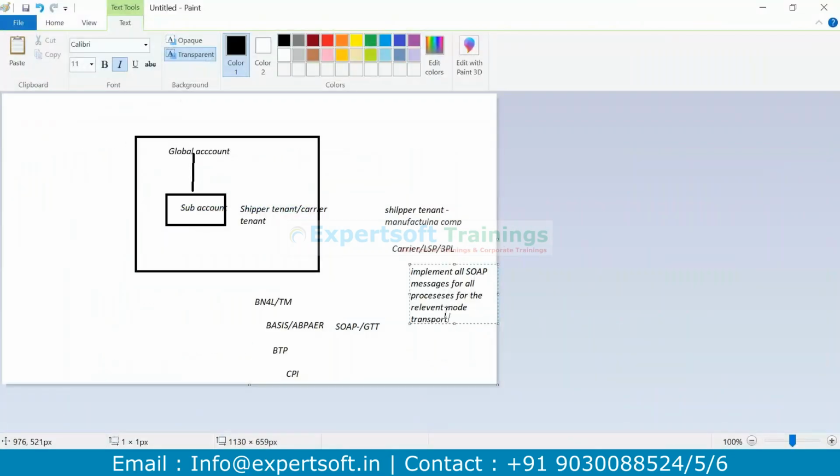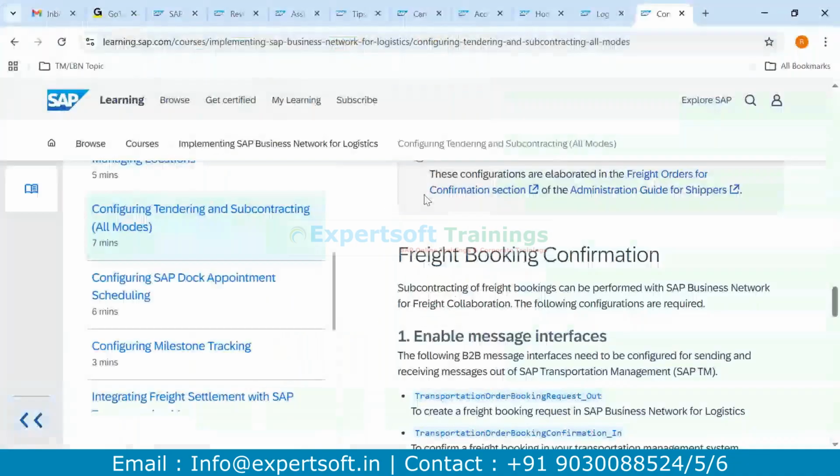This is the first step, where we technically start working on the system, and in parallel the BTP sub-accounts. These are the two pieces of work we need to start as soon as we get mails from SAP, or somebody asks you to start working on that BN4L activity. Once these two tasks are finished, the next activity is